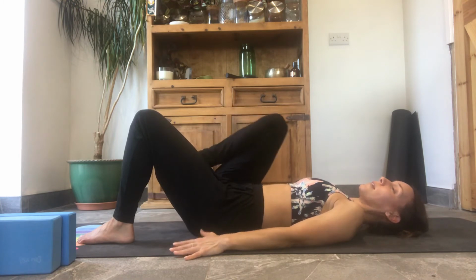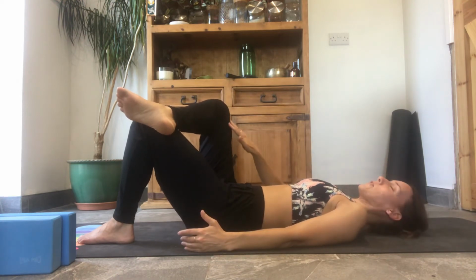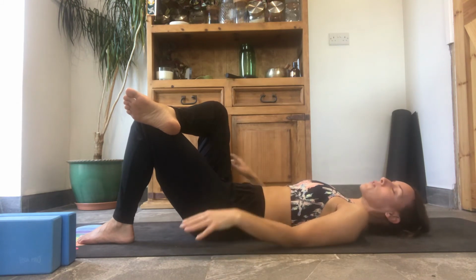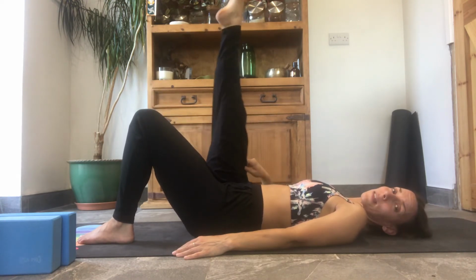Yeah. And then just nice and easy, place your right ankle just on the top of your left thigh. And it might not open up that much, but you're trying to feel a little bit of relaxation here in this right hip. Yeah, so I don't want you to hold on to any muscles or anything. Just see if you can relax there. Cool. Alright, bring in the knee back into your chest and we'll extend the right leg to the sky and